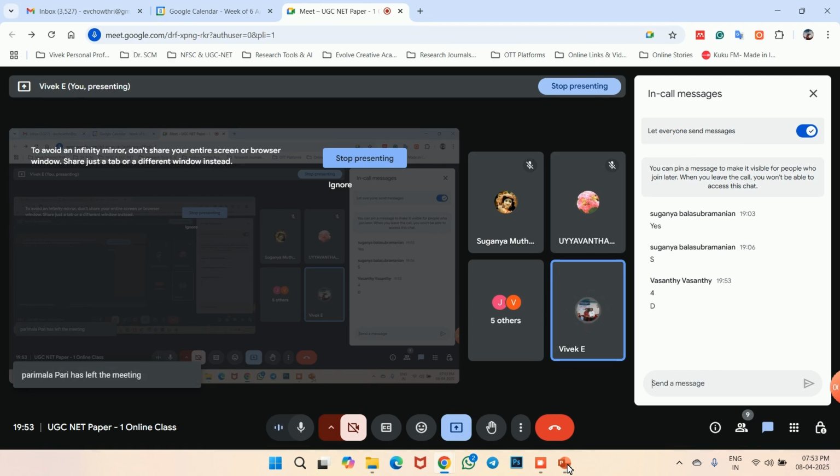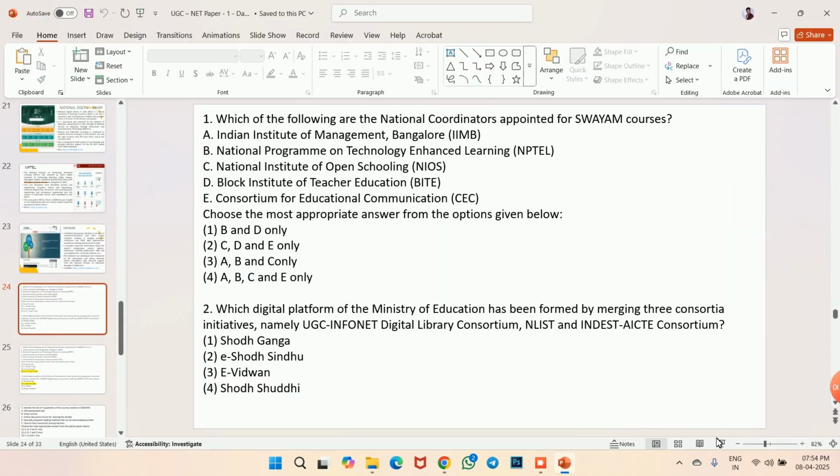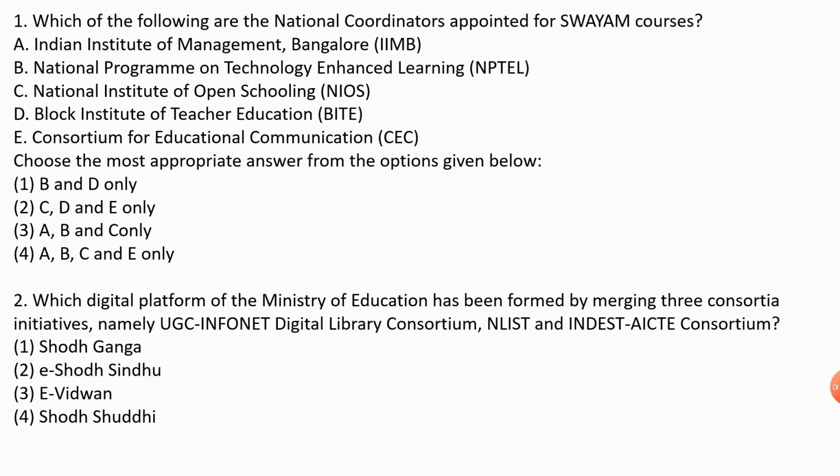What about the second question, Vasanthi ma'am? You answer it as one, that serial. You answer with serial number. You can answer it as ABCD also. So again, I'm showing the question. Others, please answer because it is already 8 o'clock. So